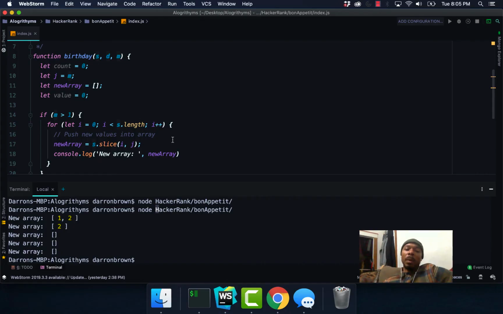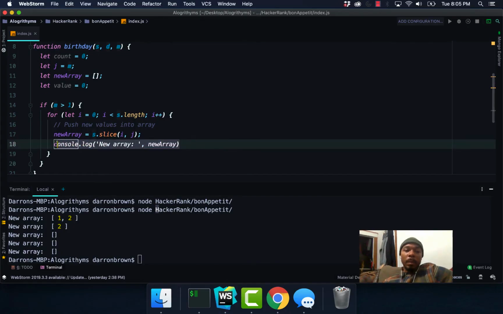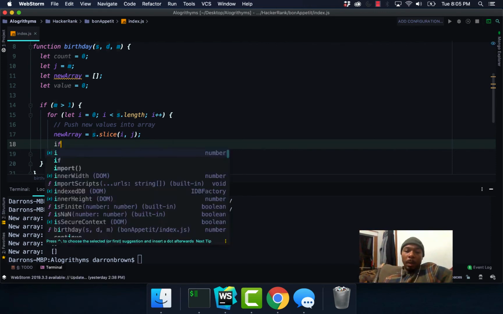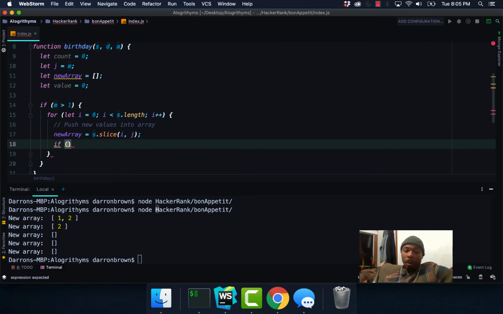Those chunks that we want. So I'll go ahead and remove that. Let's continue. So if the new array